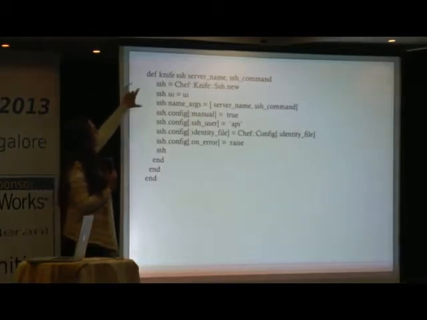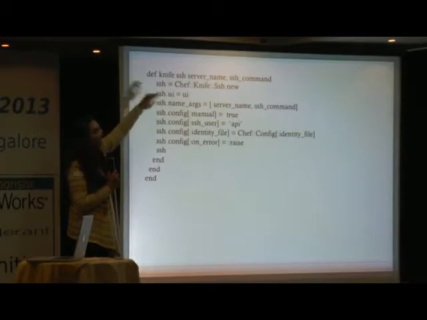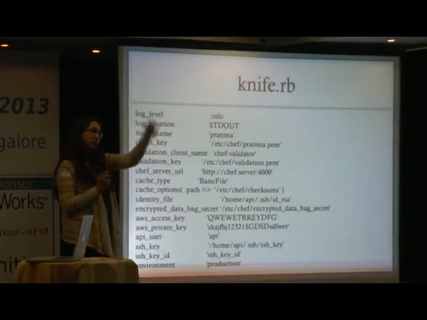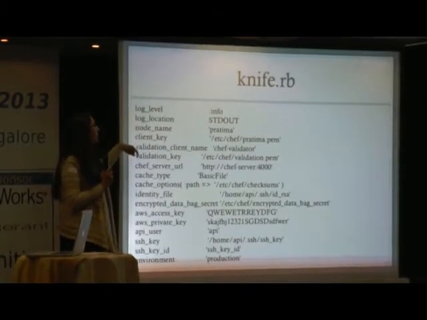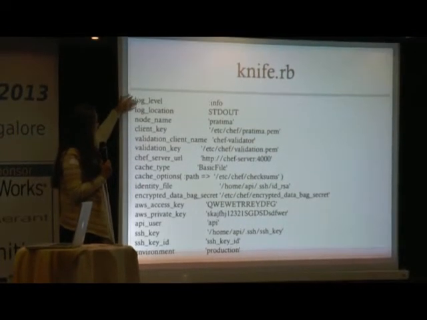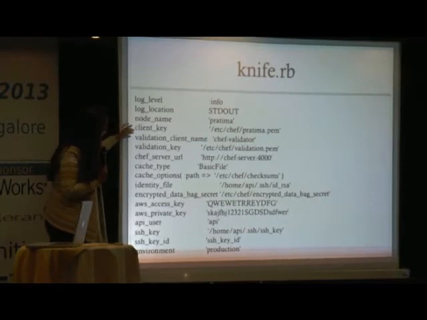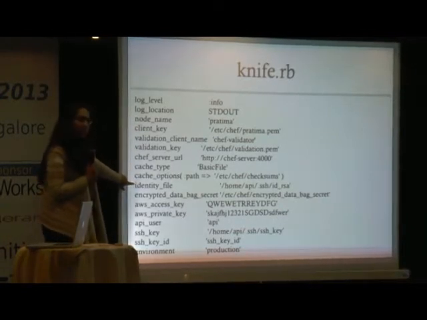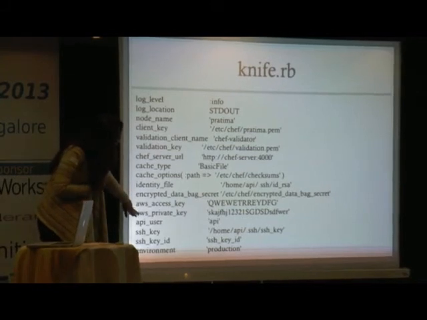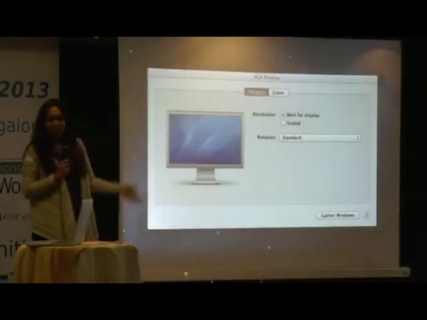And this is the small knife SSH bit, where the server name is pulled in from the deploy node, and the SSH command is just sh deploy.sh, and that deploy.sh is already copied as part of one of the methods that we'd written. The knife.rb file looks like this. This is just the basic knife.rb, but whatever chef config bits were there, the variables being pulled in, were pulled in from the knife.rb file.